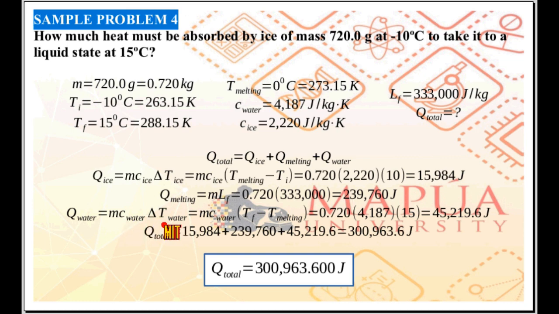Delta T water is change in temperature of the water. From 0 degrees Celsius to the final temperature TF. So delta T water is just TF minus T melting. And again, we know these values. We are able to calculate Q water to be